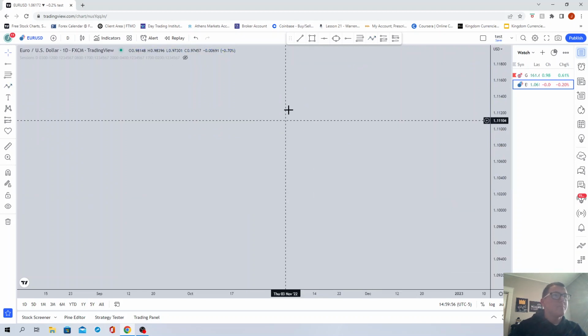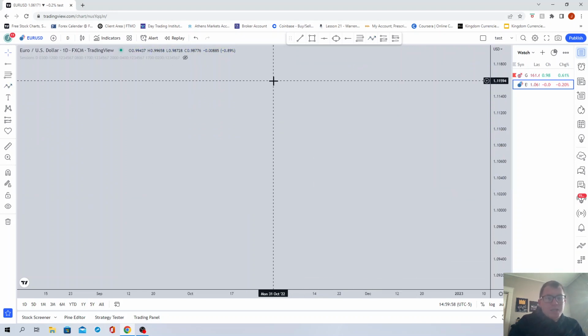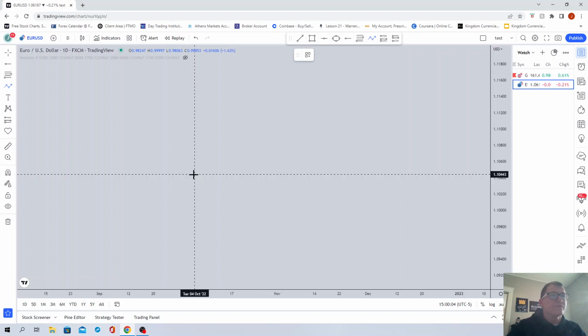Now, with that being said, you need to understand that if you show up to the charts and it is hard for you to identify what the market structure is, if you can't tell if it's bearish, bullish, or consolidating, the best thing you can do is what? Leave the charts, because all you're going to be doing in that scenario is